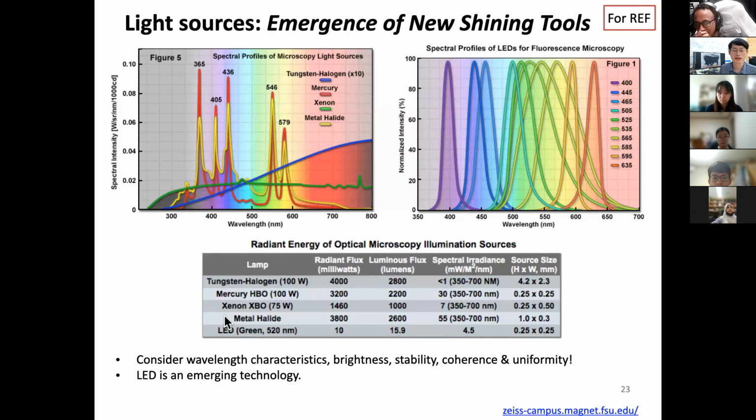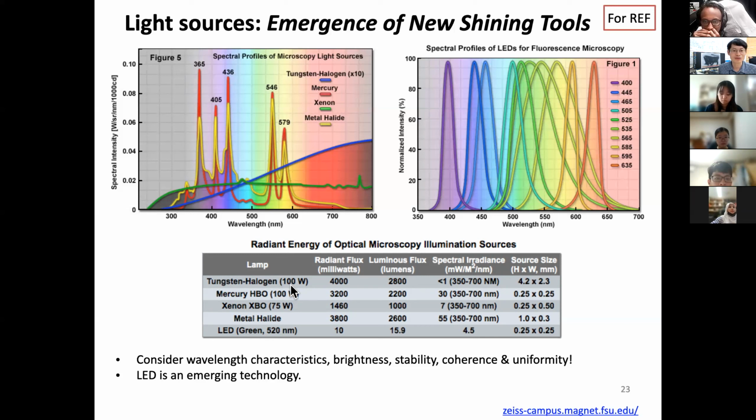So here is a table. This one is for your reference, okay? You can compare, because you are always thinking, like, you are initiating a new project or a new experiment, or you become a PI and you have to set up your own lab. Where do we get started? You have to think of halogen, mercury, xenon, metal halide, and LEDs. So you can think of this comparison. But remember,